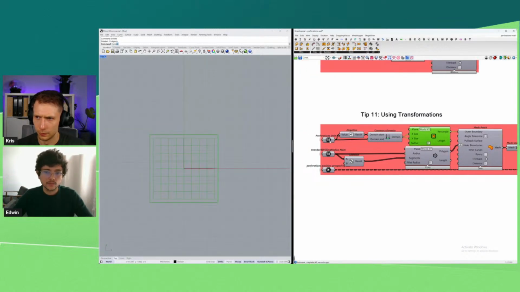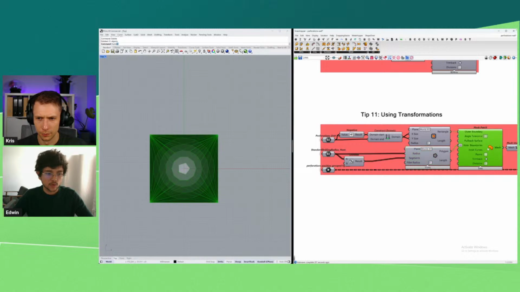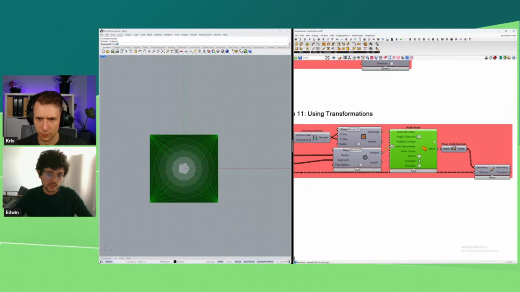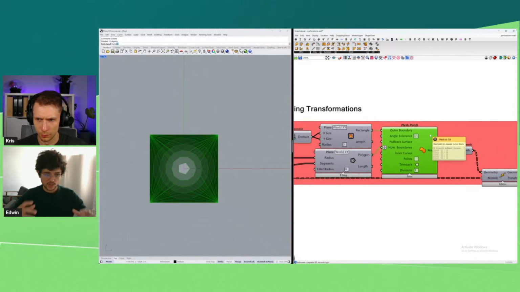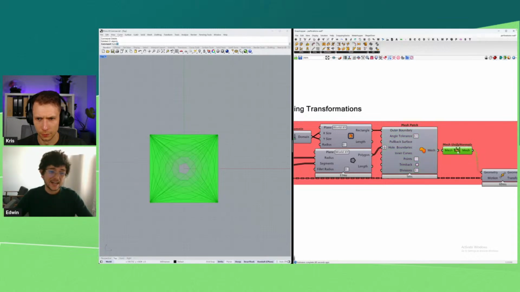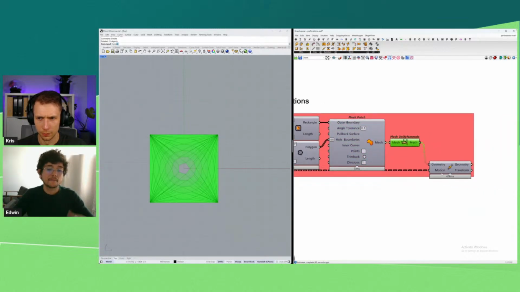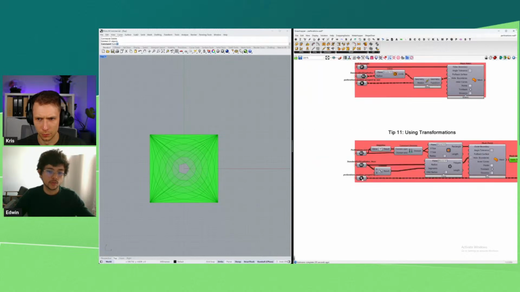So I have my unit size, which is 55 millimeters. And then I have here my standard perforations. With that, using the same mesh patch component, I can create the mesh for my standard holes. And then I can move them into position because I have them already grouped, no?